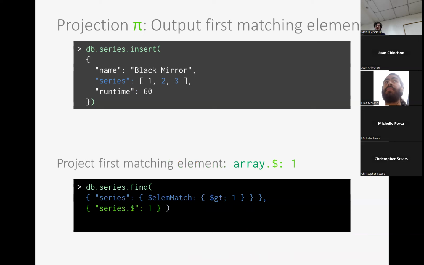Next, we have some projection that is particular to MongoDB, which is about arrays. There are some cases here that are not intuitive at all, so we'll have a look in more detail at this. The first type of projection from an array is array dollar, or array $ 1. So we have here series $ 1. What this basically says is return the first element of series, assuming it's an array, that satisfied the selection